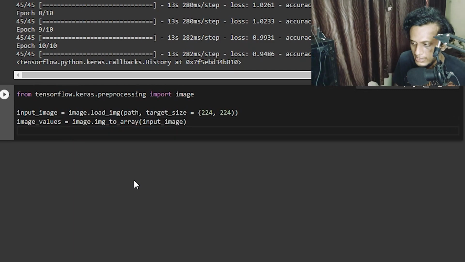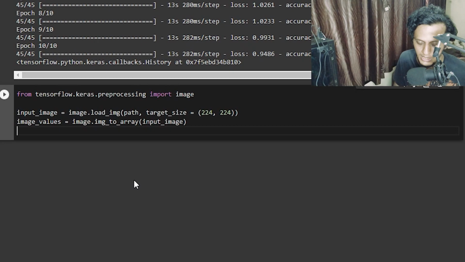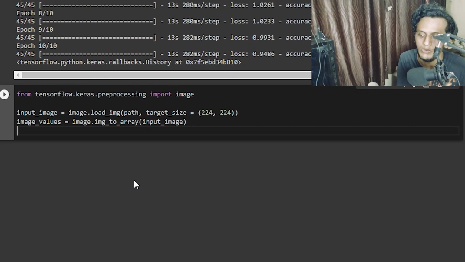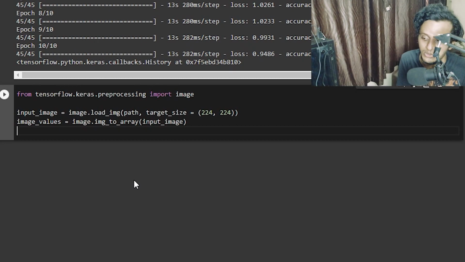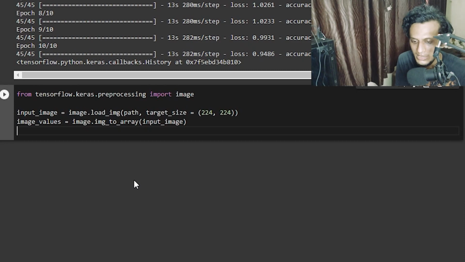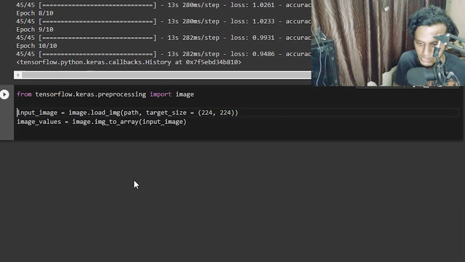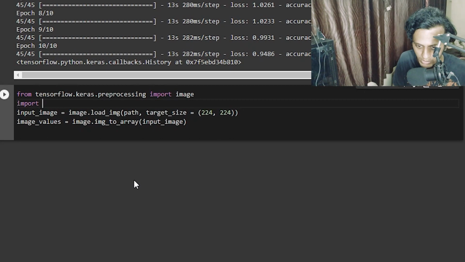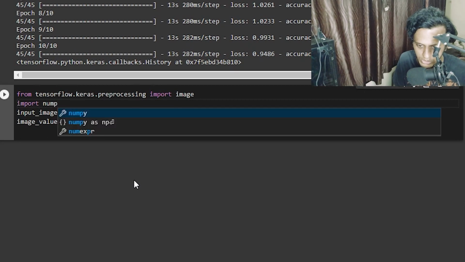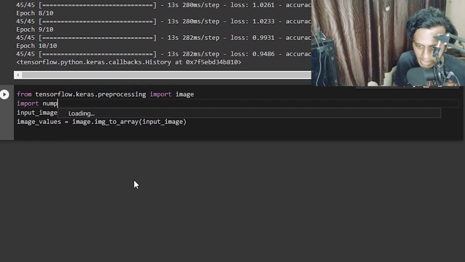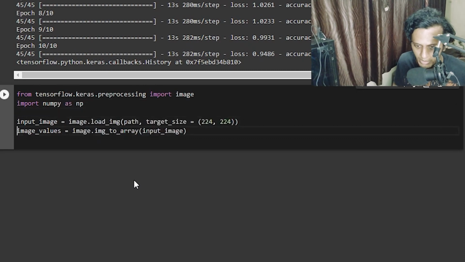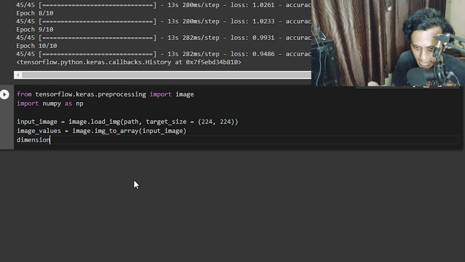After that, the next step is I want to work on its dimensionality. See, for correcting the dimension, we can either reshape it, that is one of the things you can do, or you can expand the dimension using numpy. So I'll just use numpy to do it. I'll say import numpy as np, and here I'll say dimension corrected,